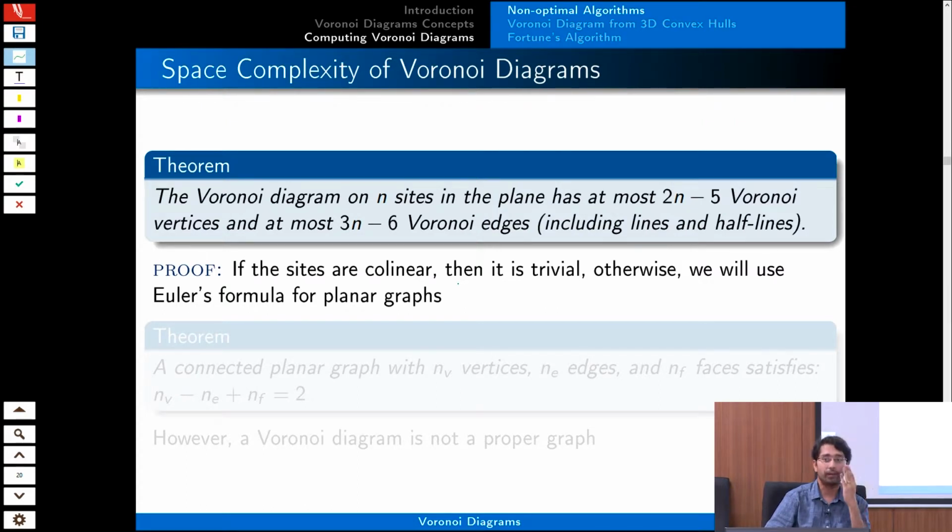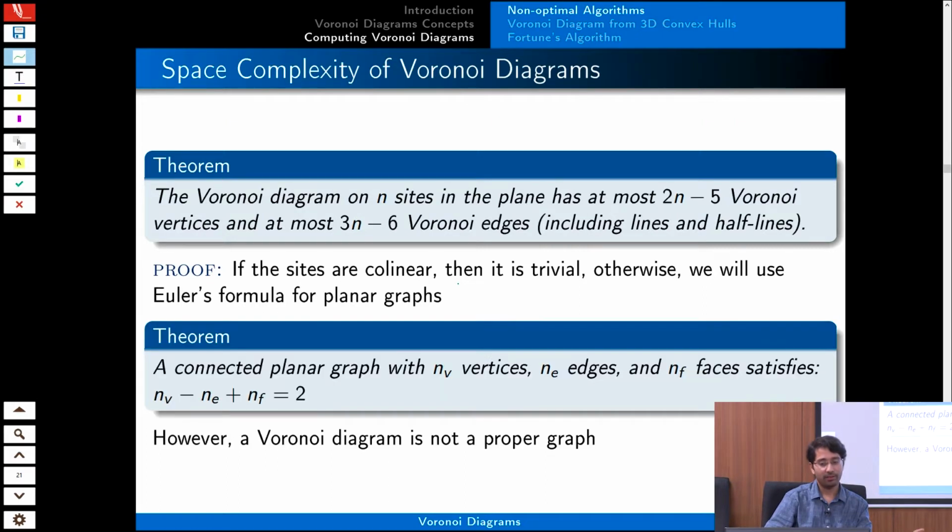What is the Voronoi diagram? Does it look similar to some structure that you know? This is a planar graph, right? And for a planar graph, what do we know? NV minus NE plus NF equals 2, where NV is the number of vertices, NE is the number of edges and NF is the number of faces. This we know,